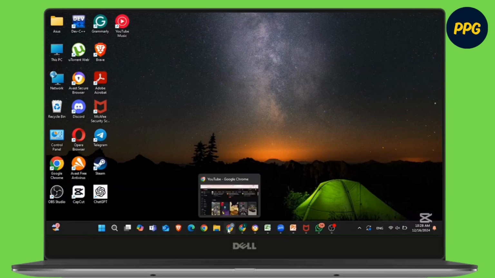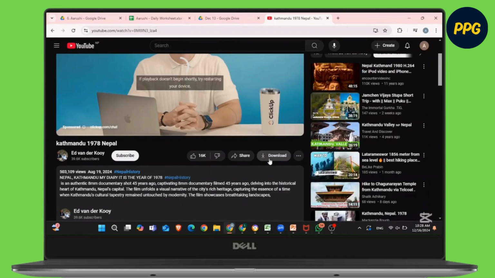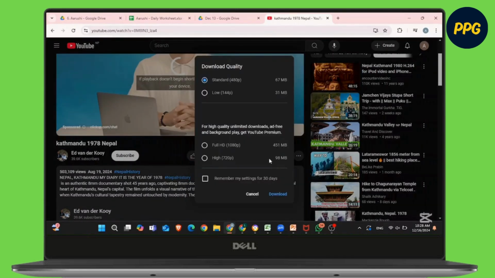For that, firstly open any web browser and go to youtube.com. After that, in YouTube, choose any video which you want to download. Once you click on that video and scroll below through the description, you will see the option of download. Simply click on it and shortly a tab will appear where you need to choose the quality of the video which you download. Simply click on standard, and if you want the video in HD quality, choose that option and